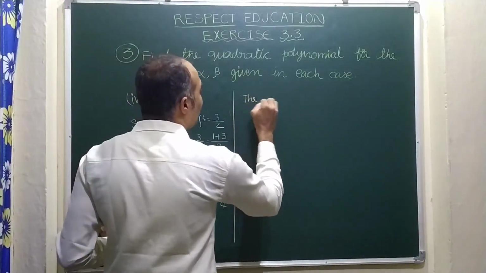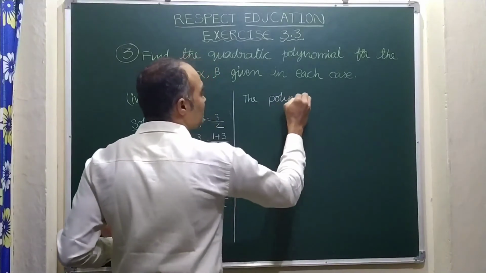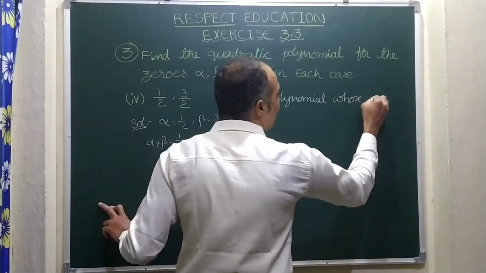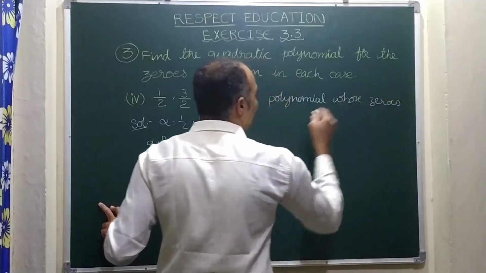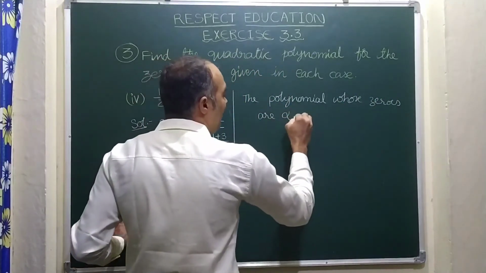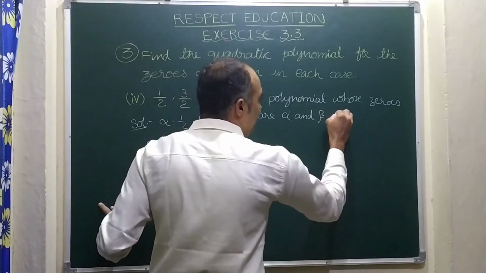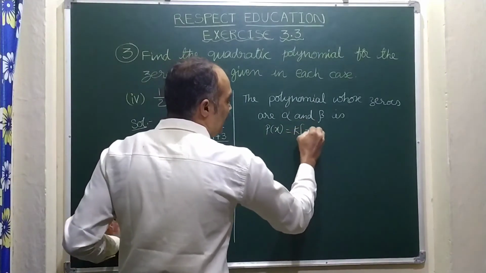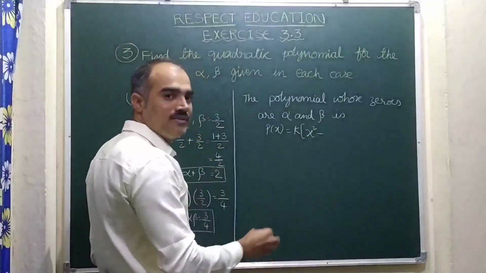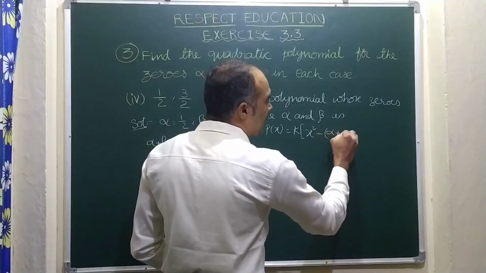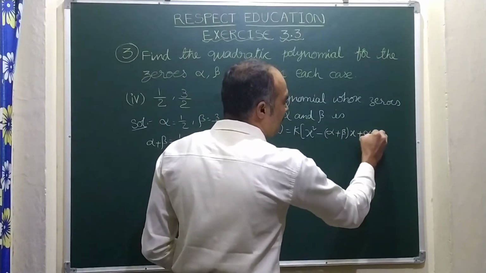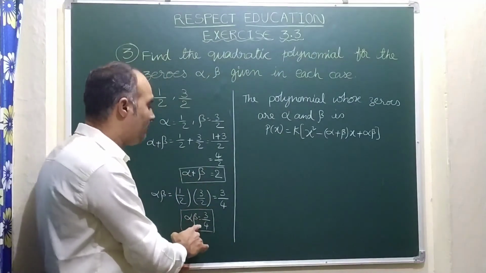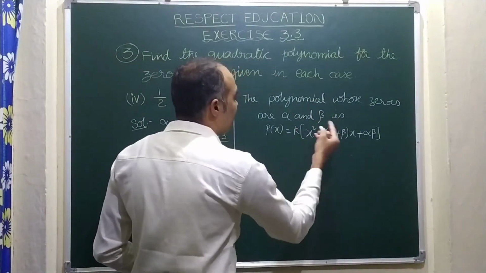The polynomial whose zeros are alpha and beta is p of x equal to k times x square minus of alpha plus beta times x plus alpha beta. Now let us substitute alpha plus beta and alpha beta values in this formula,